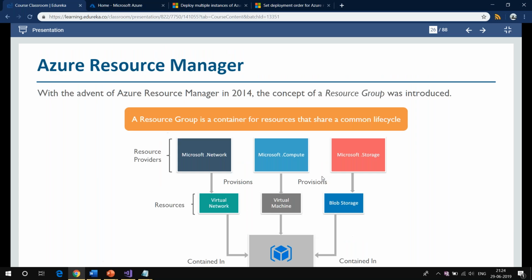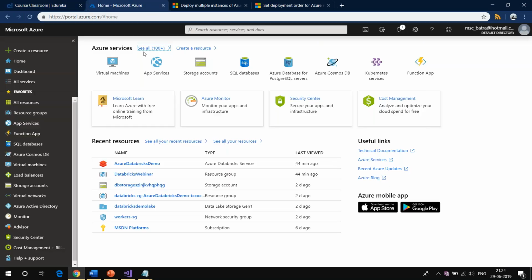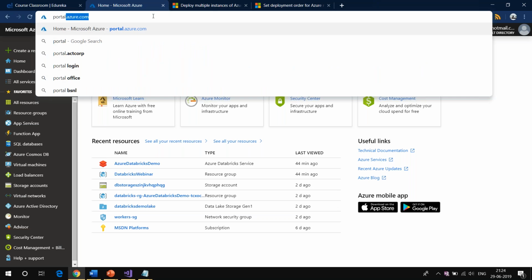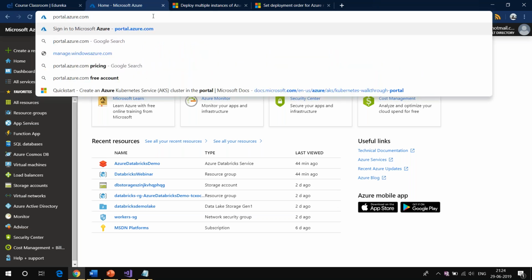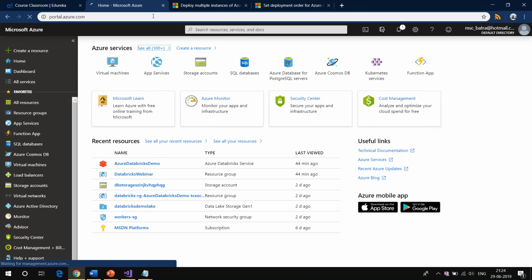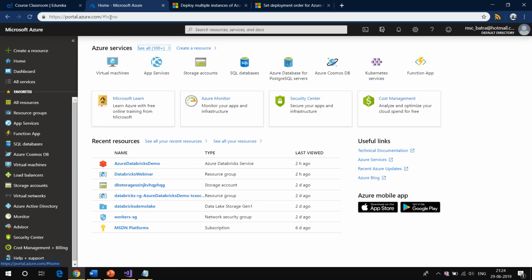Okay, let me come out of this. All right, so people who are very new to Azure, after you sign up for your free subscription, which if you need I can help you at the end, after you create your own subscription and you sign in, you have to go to portal.azure.com. Okay, so this is the link to go to the Azure portal if you want to create any kind of resource in Azure. All right, so I was actually at the same page, but I'm going to go to portal.azure.com.